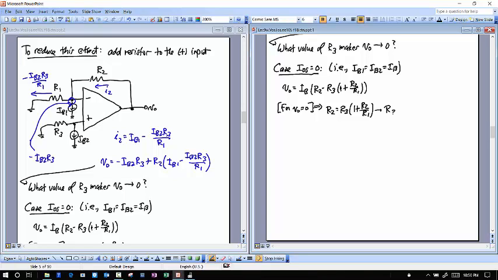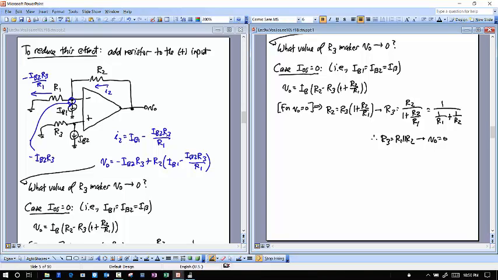This means that R3 is going to be R2 over (1 plus R2 over R1). This then you can rearrange to 1 over R3 equals 1 over R1 plus 1 over R2. Therefore, if you choose R3 to be equal to the parallel combination of R1 and R2, you will get